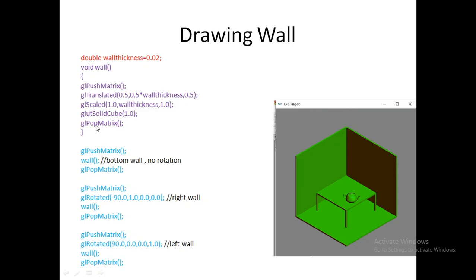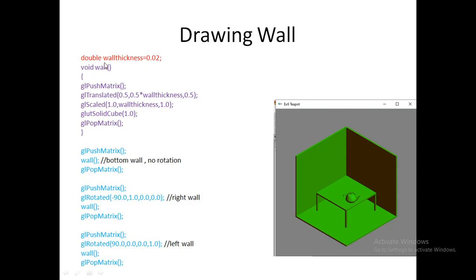So which function will be running first? This glut solid cube will be running first. The size is 1, actually the size of a unit cube. First you will call this solid cube, then you scale down on only one side, then you translate. The next slide will show how the output will look if you don't scale down or translate. Based on that you can easily understand.